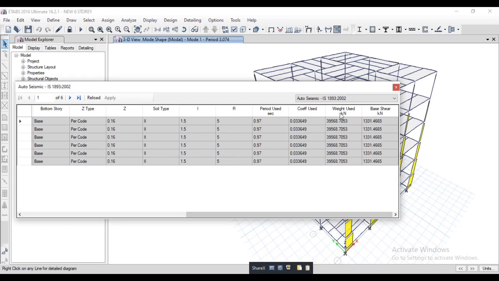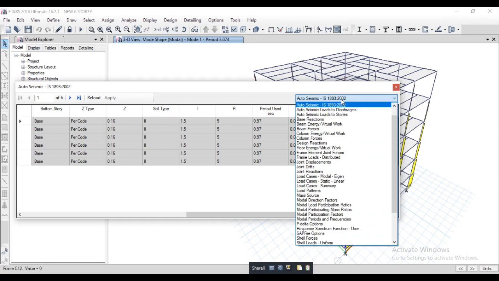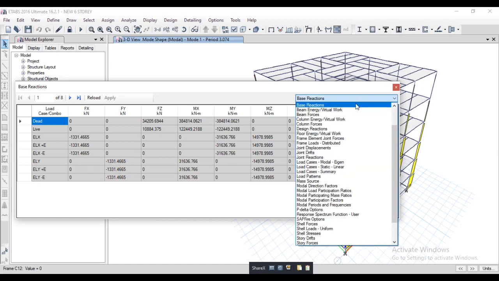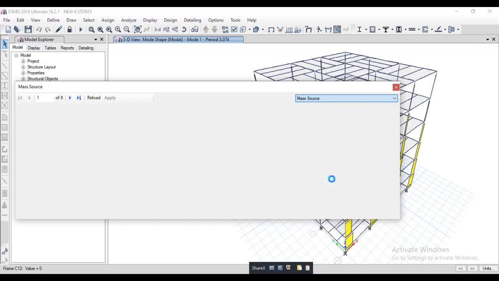This is the weight of the building, seismic weight of the building. This is the base reaction in ELX, 1331.465 kilonewton. In X direction and in Y direction both are same because building is symmetrical. This is the mass source.